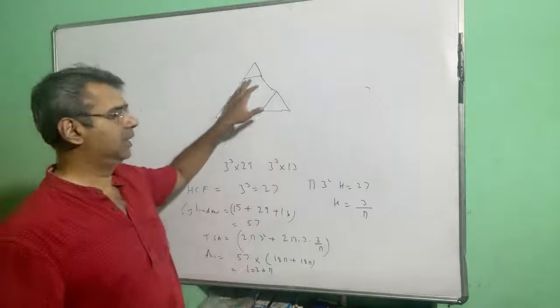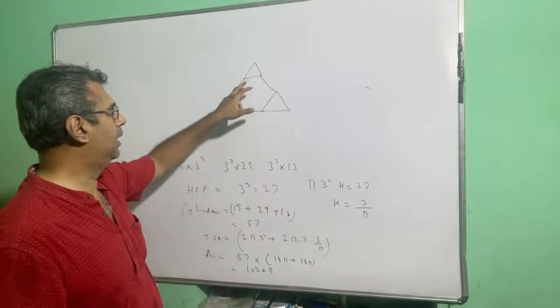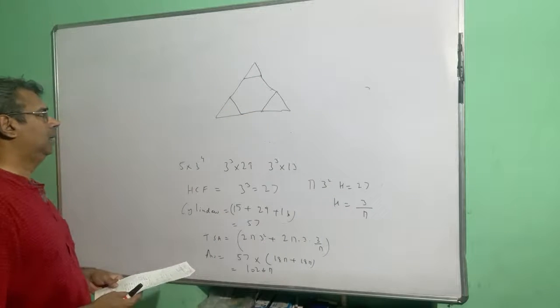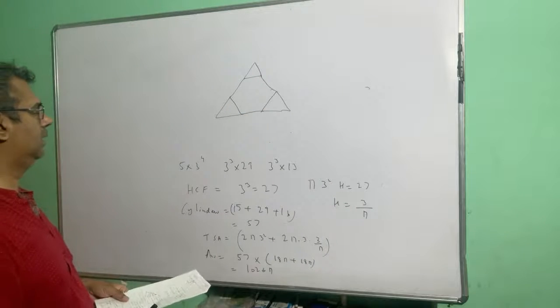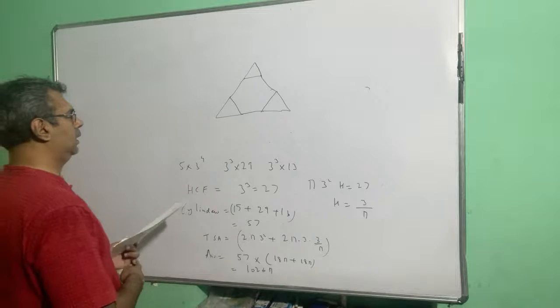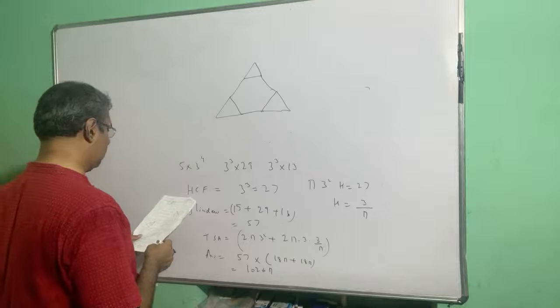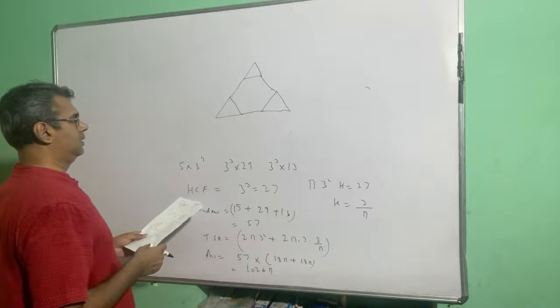Okay, so there is an equilateral triangle and corners have been cut out of this equilateral triangle to create a regular hexagon. So basically the way to do this kind of question is that